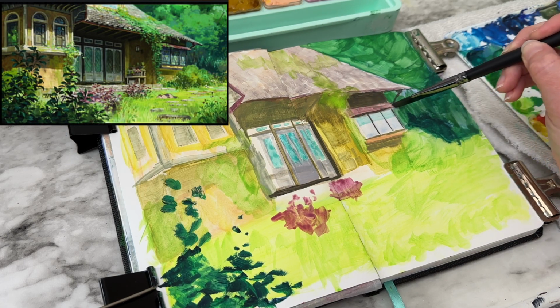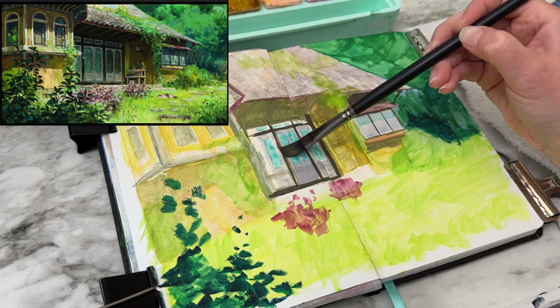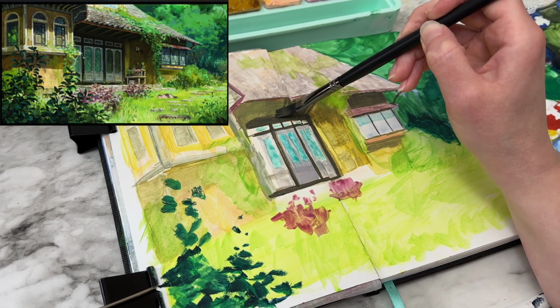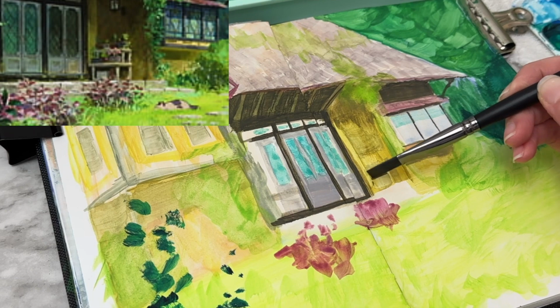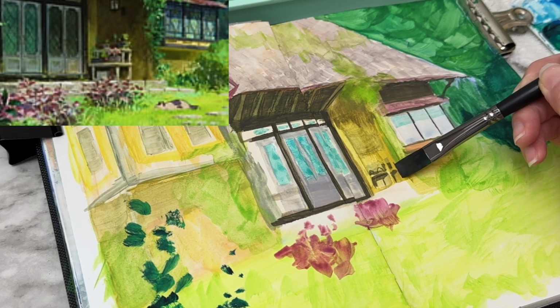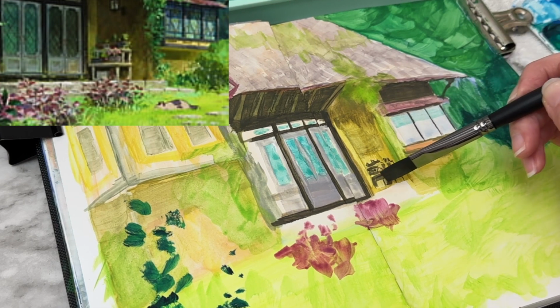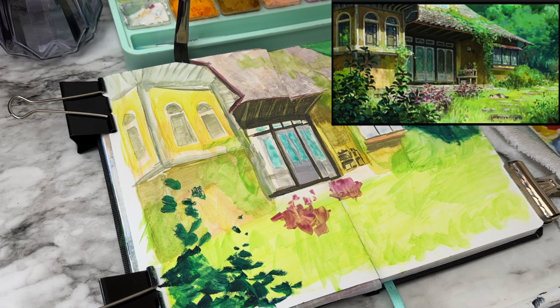So it's a lot like watercolor in the sense that you want to increase the darkness as you go and do really light layers to darken it up. Something I really struggled with when I first started with gouache is I wanted to be able to put down a mark and have it be perfect and not have to go back over top of it. But most of the time in the first layers, you really do have to go over top of it before you can do that